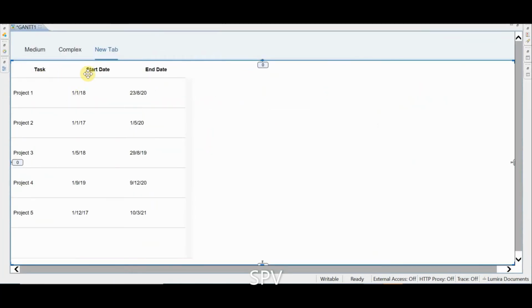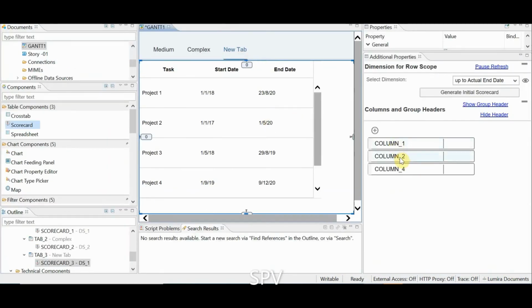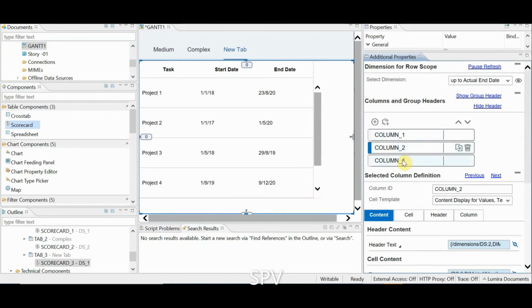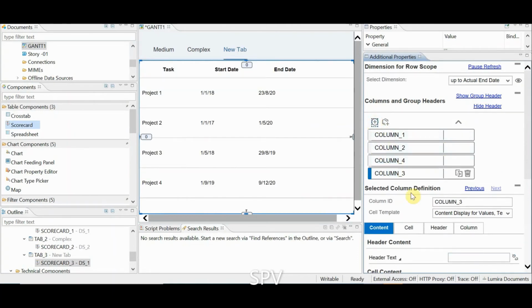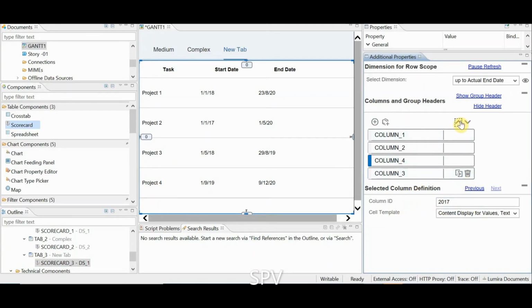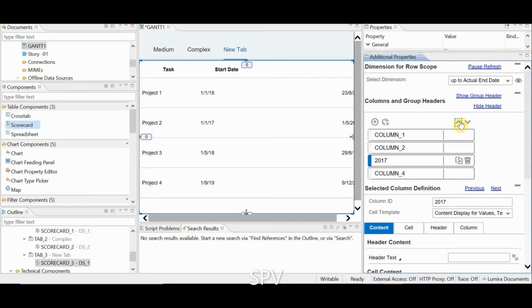Now let's see what we have in our scorecard. The task is there, and the start and end date are there. In between the dates I want to create columns. So I select this and create a column and name it 2017, and move it up.